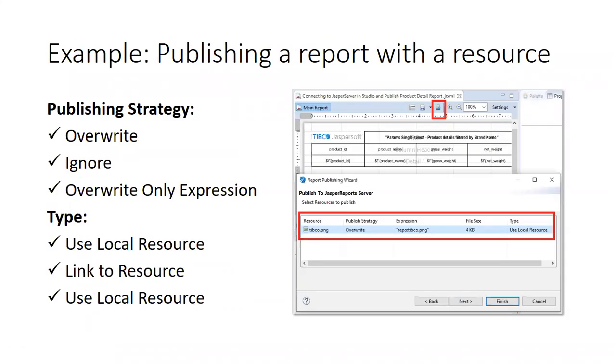Now it is time to publish a report with a resource to the Jasper server. Let us consider the scenario of a product detail report with an image resource. While we are publishing the report, we will see what the strategy involved with resources is and what the types of the resources are.